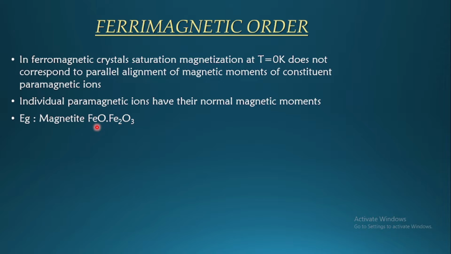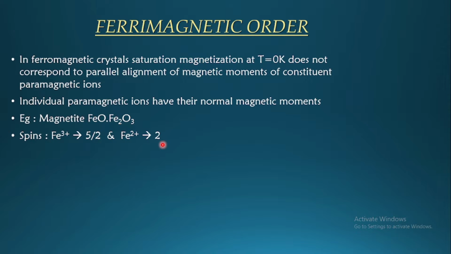So to check it, we need to go for some calculation, for which we consider its spin and orbital moment. When we consider the spins of ferric, it has spin equal to 5/2 with 0 orbital moment, which means that each ion should contribute 5 μB, where μB is the Bohr magneton, to the saturation moment. And if you consider the ferrous ion, that is Fe2+, it has spin equal to 2 and it is going to contribute 4 times μB.